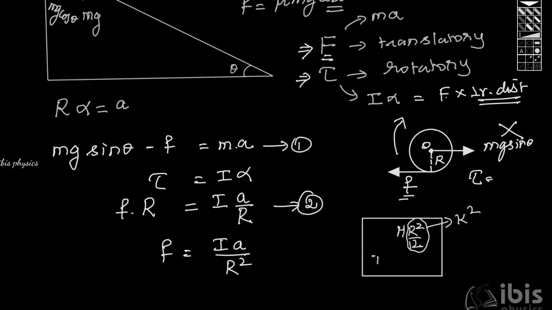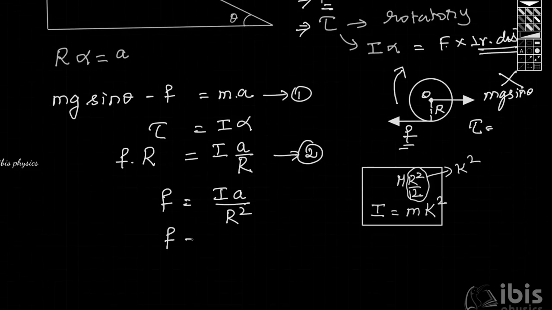So moment of inertia of any object can be written as mass of the object into square of the radius of gyration. Because here we have taken the mass as small m, I can be written as m k square, and F can be written as m k square into